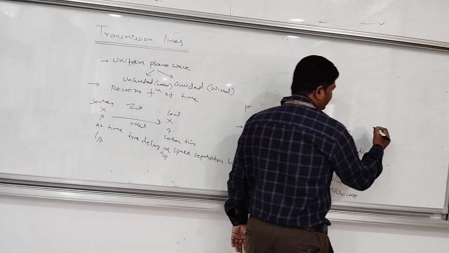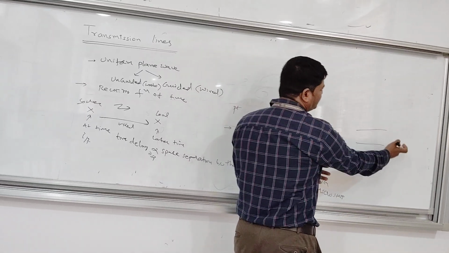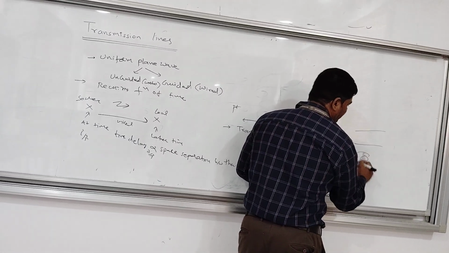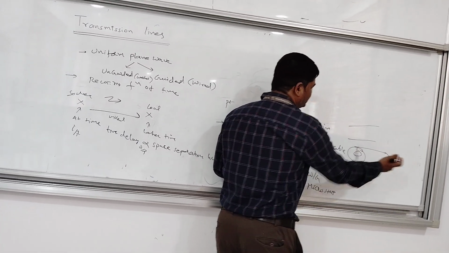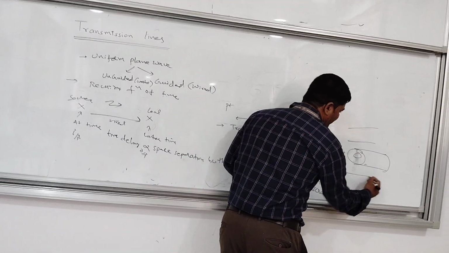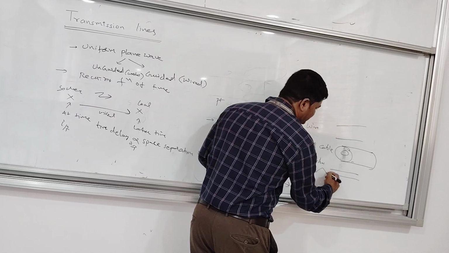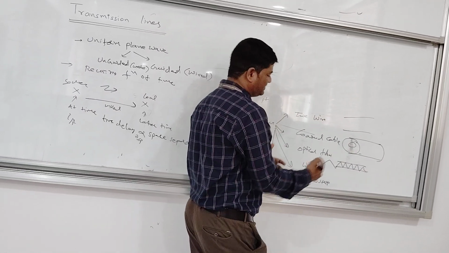What actually are the two wires? Two wires we will take. We are guiding the wave from one place to another place. Similarly, coaxial cable: we have a center conductor and an outer conductor, and we will be sending the signal from source to destination. Similarly, optical fiber: core and cladding we have. We will transmit the signal from the laser by total internal reflection from the source to destination.